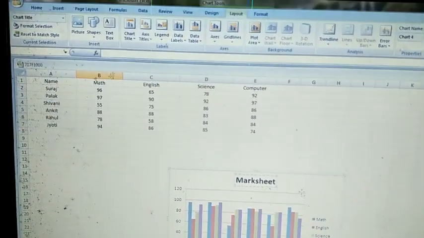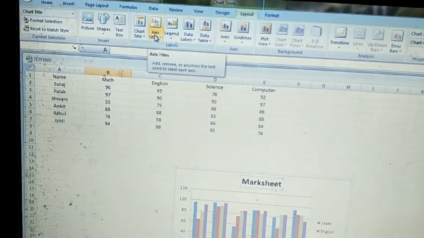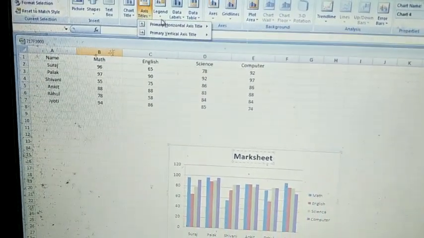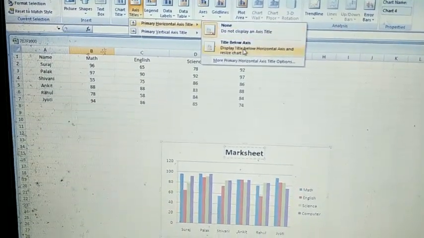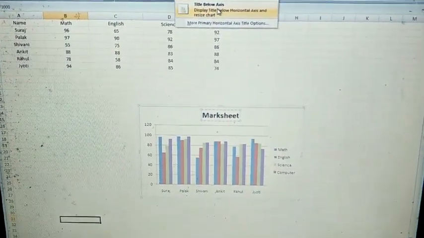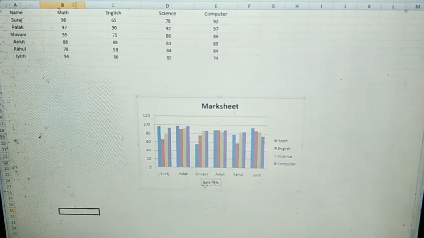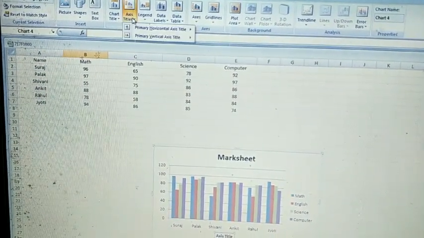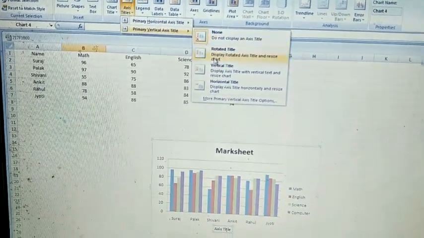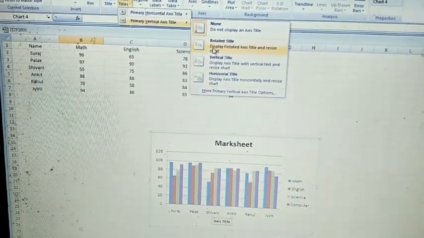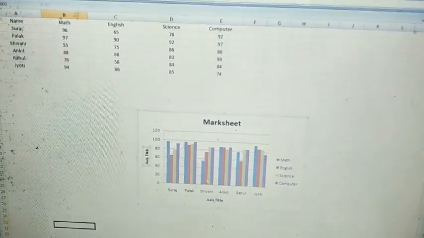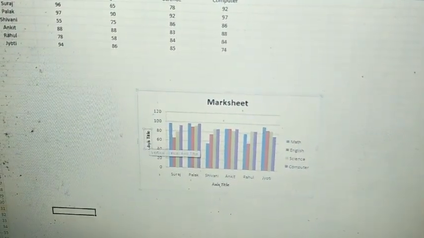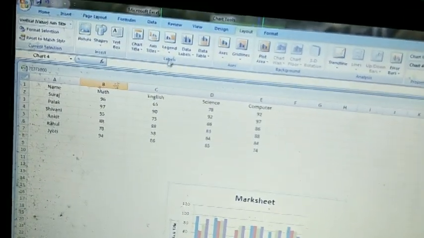Okay, next, axis title. You can use this one to insert an axis title. Look in the chart here, you can enter the axis title. When you click on the vertical option, then you can insert the axis title on the y-axis.